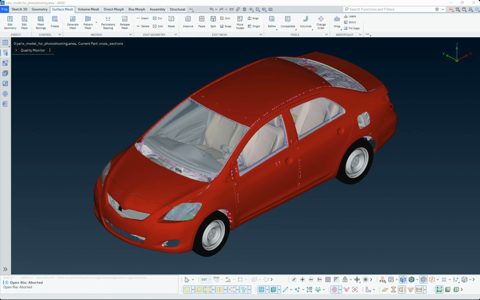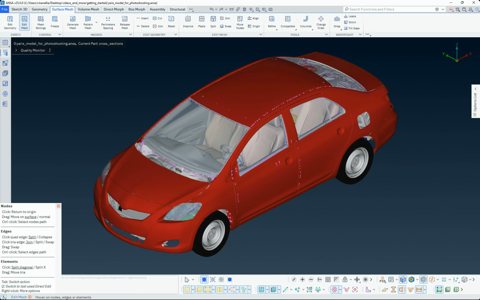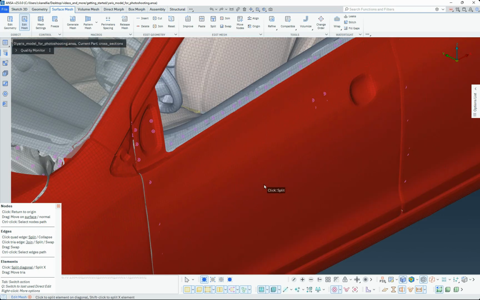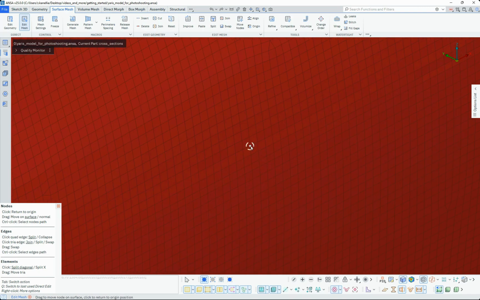The Direct Edit tool combines the most used functions in topology healing and mesh. Select the Info button at the lower right side of the drawing area to activate the tooltip. There, all the functionalities are briefly described. Direct Edit tools can recognize the entities below the cursor while hovering the mouse over the model.